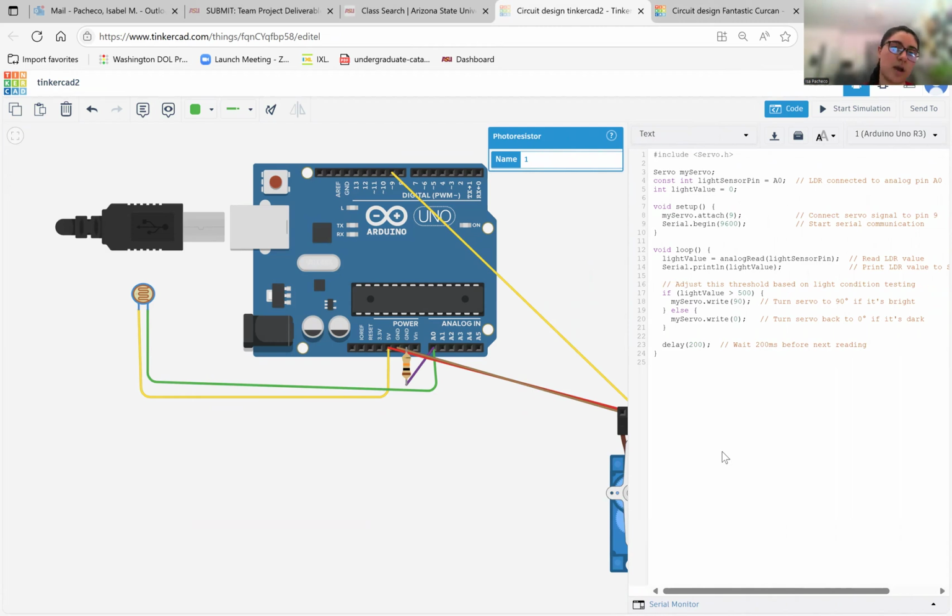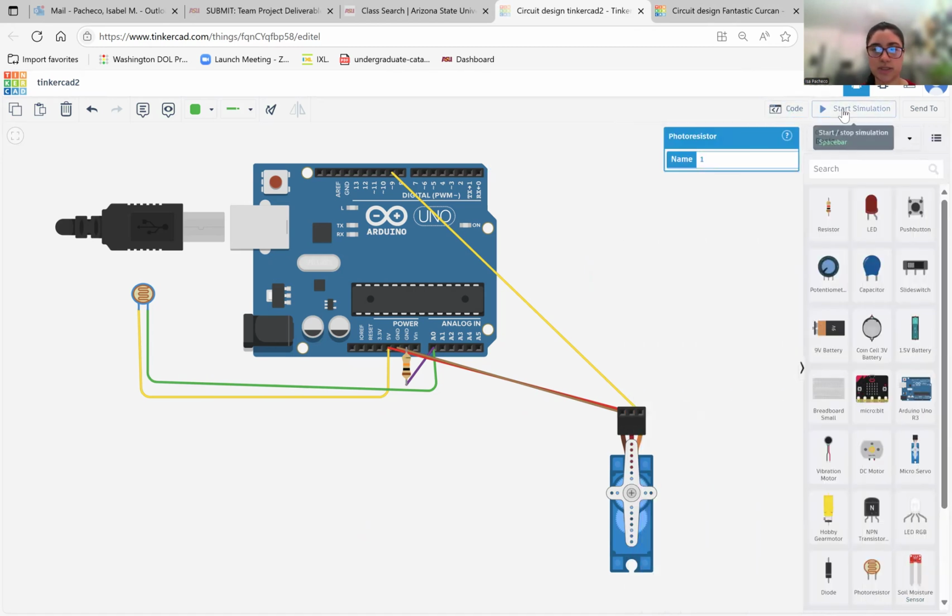So when it's dark, how this is going to work is the photoresistor is going to detect headlights. And if a headlight is detected, the arm is going to go down and prevent pedestrians from crossing and getting hit, essentially. But if there is no light detected, then the arm will go up, hence the 0 and 90 mentioned here. And there is a slight delay in the code to prevent, as I explained earlier, issues with the loop running too quickly. So I'm going to go ahead and start the simulation so you can see how everything